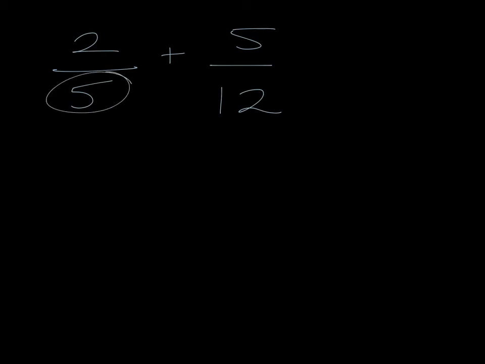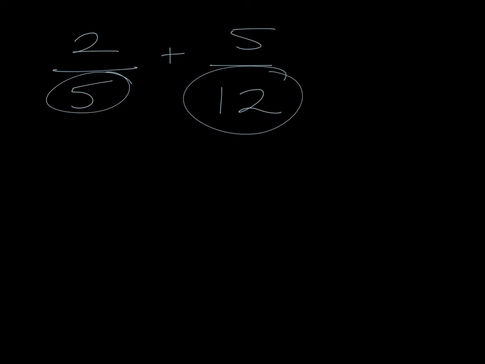Let's do one more example. Again, we can't add this properly now because our denominators are not the same. So we have to find common denominators. And in this particular case, the lowest common denominator